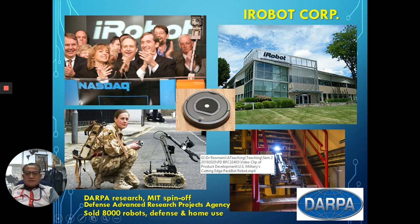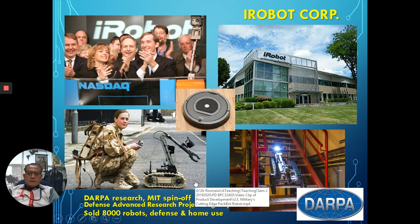The robot's major customer is basically the U.S. Army, for the purpose of saving lives in critical operations. For example, retrieving bombs, or doing operations for very dangerous tasks. So the robot is very capable. It can move on a flat surface, and it is also capable of going up the stairs just like this. So I would say this is one example of a successful spin-off product that later became a commercial product